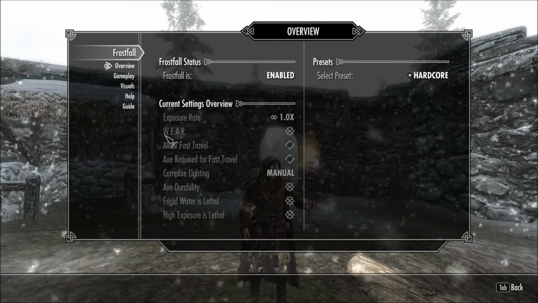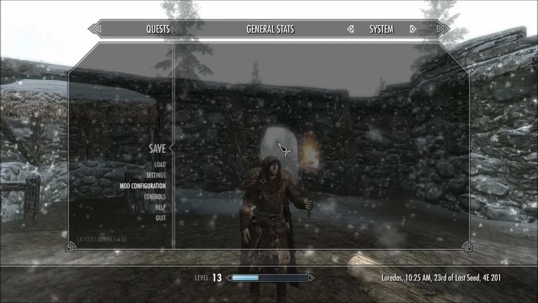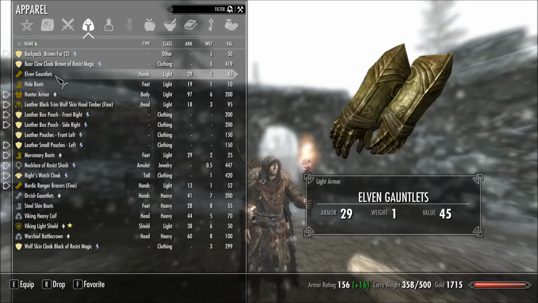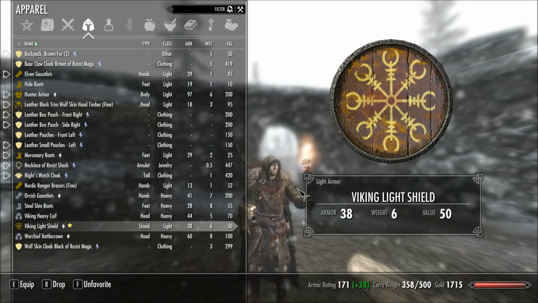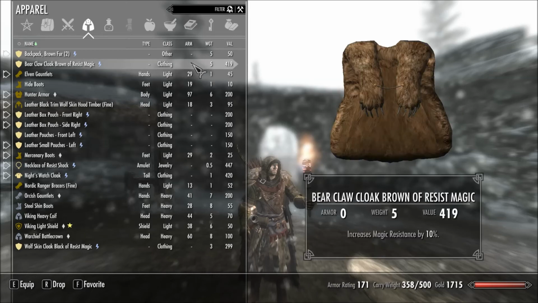For example, when you play on hardcore, it makes your items, such as the armors that you wear, matter. Let me show you real quick. When you go here and you select, let's say, the Elven Gauntlets, and I put them on, it says these gloves provide standard exposure. Now the game uses exposure, I shouldn't say the game, but the mod uses exposure points to determine how cold you're going to get, and obviously get to the point where you might die if